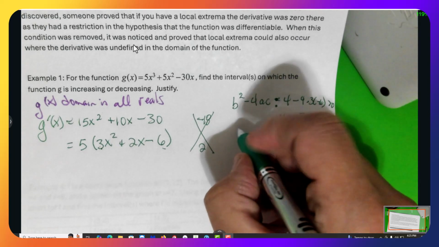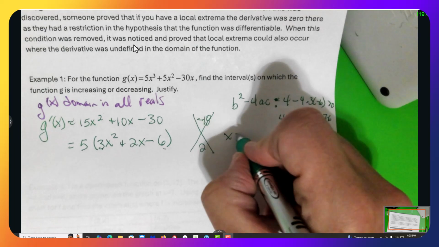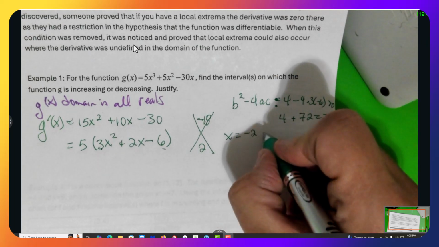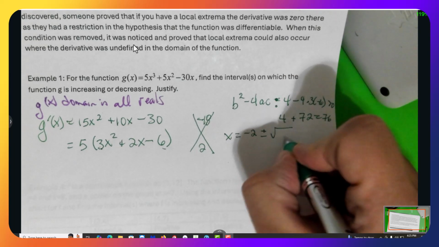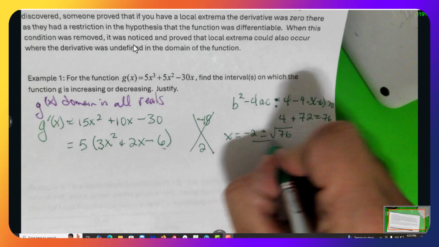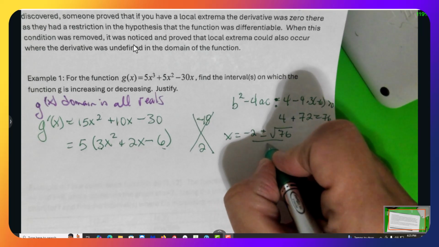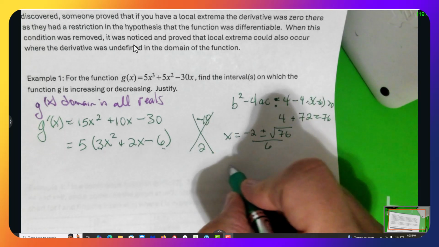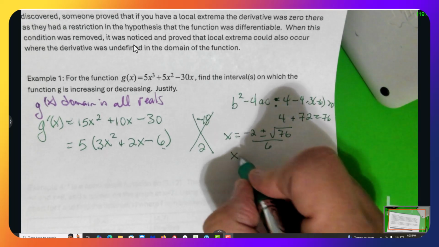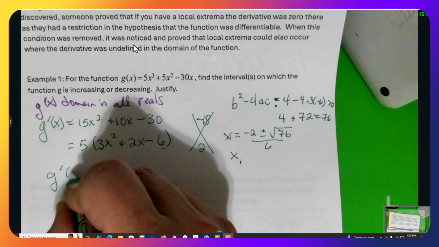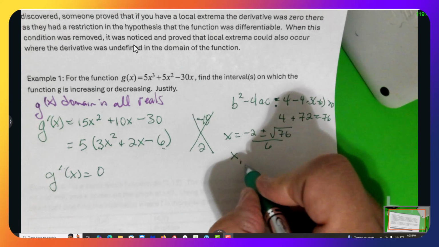Okay, so x is equal to the opposite of the linear coefficient, excuse me, plus or minus the square root of the discriminant, 76, over 2 times the coefficient of the square term. So we have 2 roots. In fact, I'm now going to just graph these. I'm going to have you get those in a second. We'll put that over here. We're going to go g prime of x equals 0. Okay, so